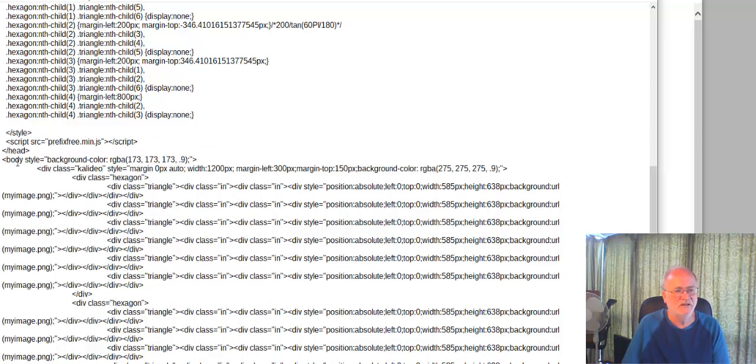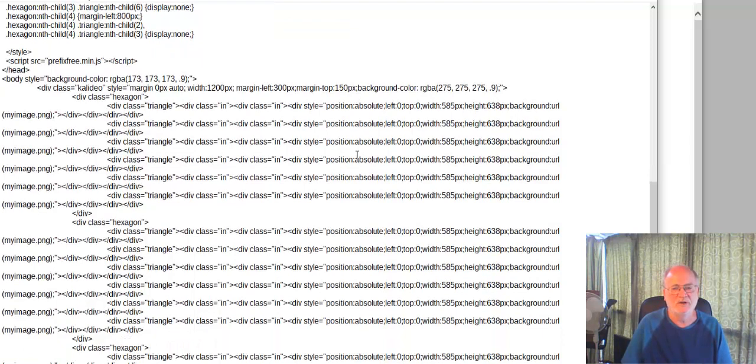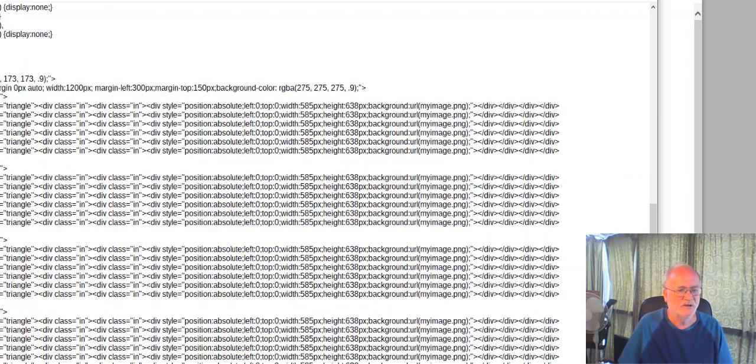Okay, so you see here, body size, background color. This is that grey color in behind the actual kaleidoscope; we've left it as white. So if you want to change the color of the backgrounds, I'll go into that detail a little bit later. It's quite easy to do that. So the main thing I wanted to show you here, and it seems to have wrapped around,